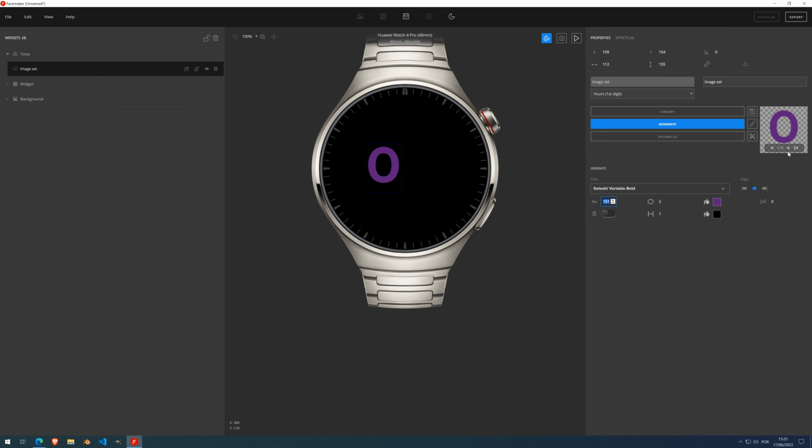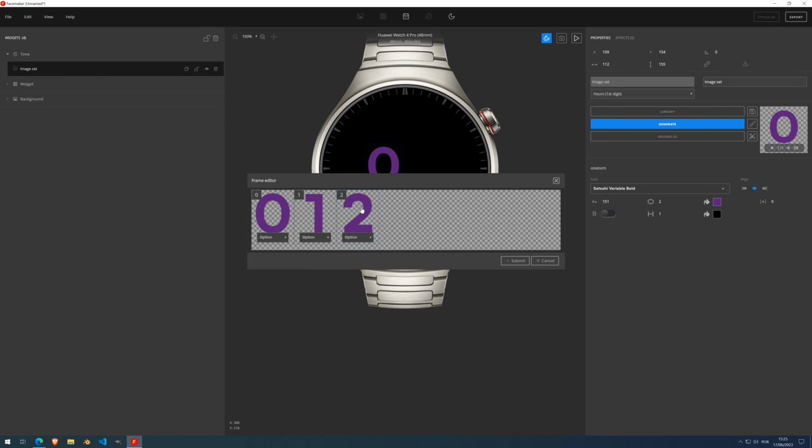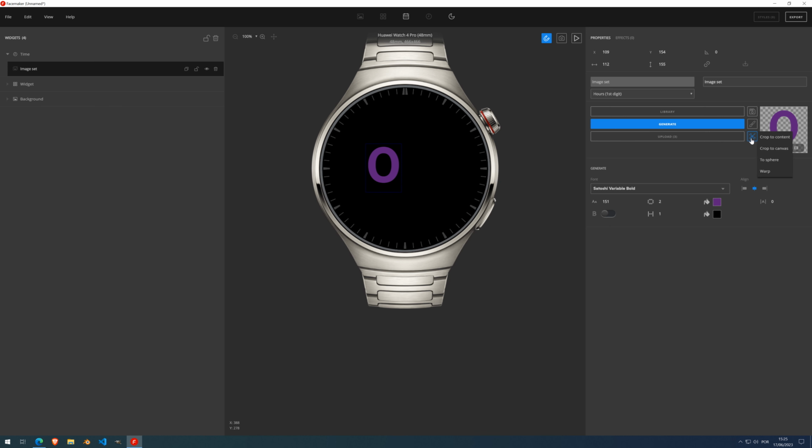What I usually do, if you notice, this is a set of 3 images. The first digit on the hours, okay? So it can only go up until 23 o'clock or 23 hours. So if I close this, we can first crop the content, and Facemaker will optimize and cut the unnecessary pixels around each of the images while keeping them the same width and height. Okay, so now this is ready to be warped, and I'm going to select warp and warp it